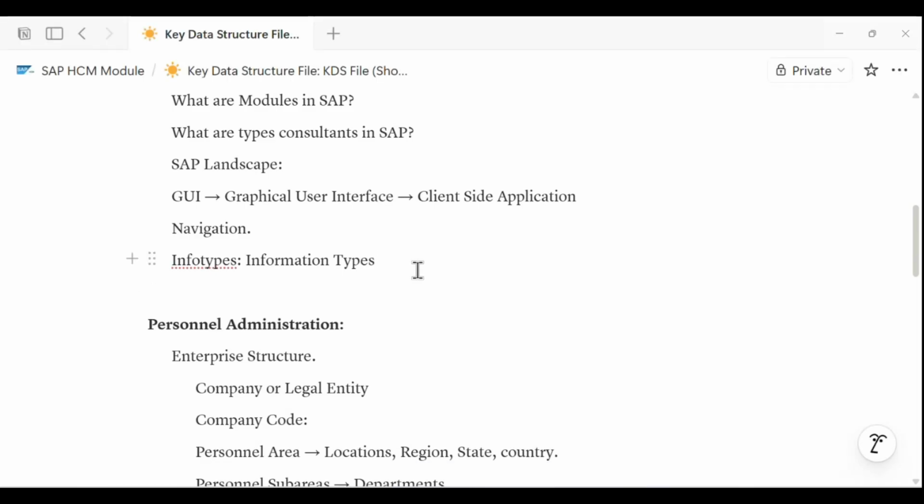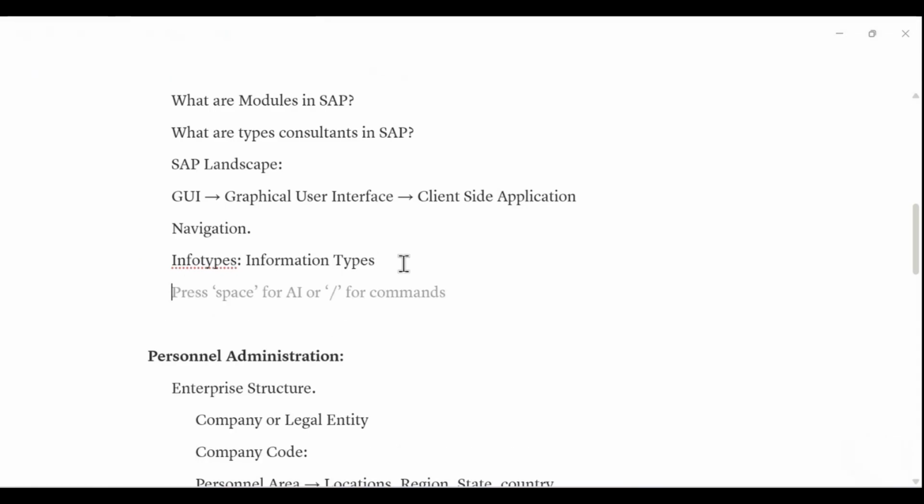So it is a tool. It is a tool in info type. Like when you hire an employee, at that time you have to enter all the employee-related information. So where you have to enter the employee's